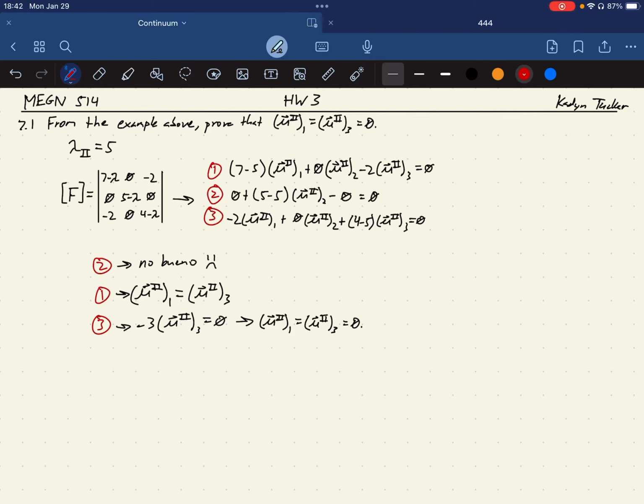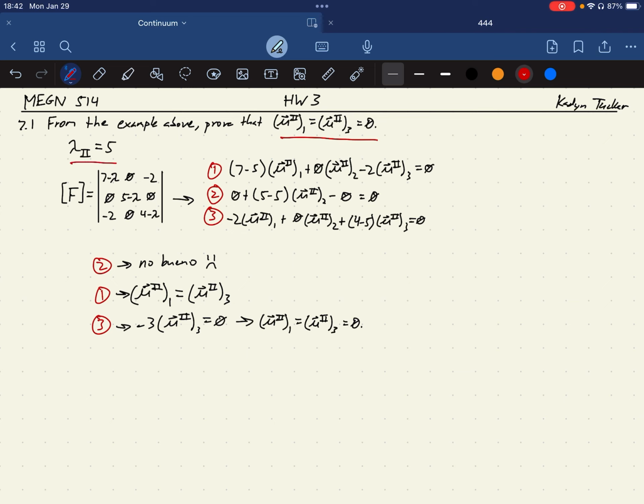So problem 7.1 asks us to prove that an eigenvector mu, specifically the eigenvector mu corresponding to the second eigenvalue in the first direction, is equal to that of the third direction, and both of those are also equal to 0. So we start out with our value for the eigenvalue, lambda 2, which in this example